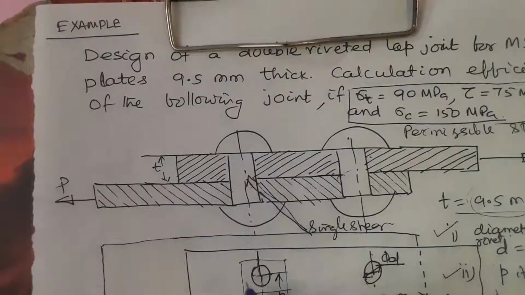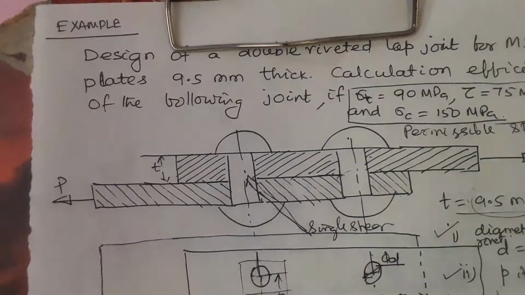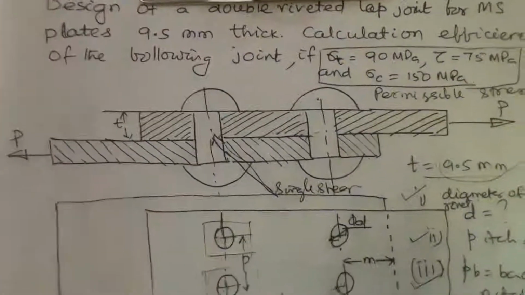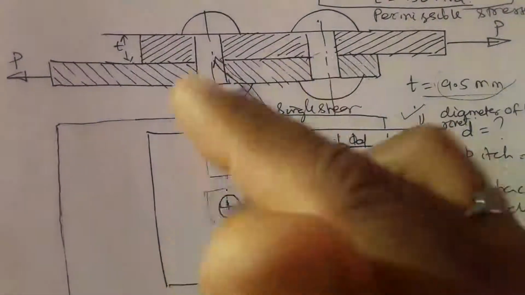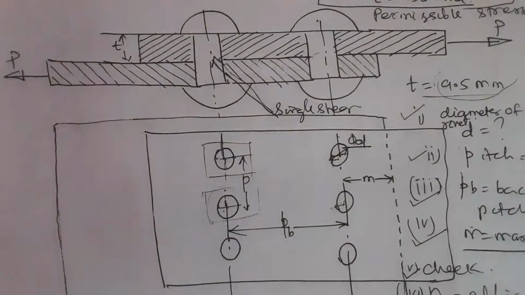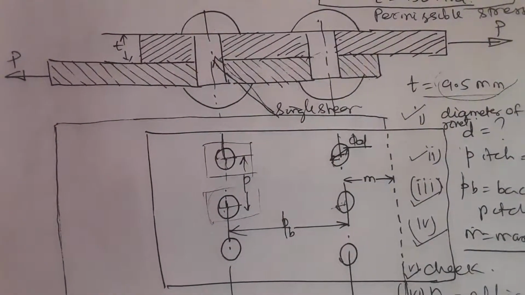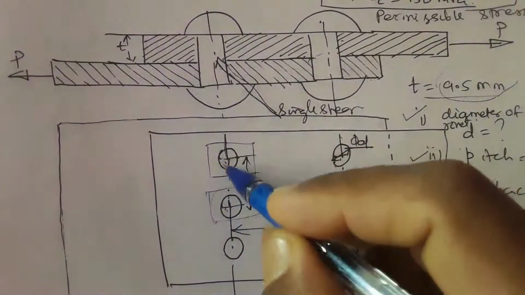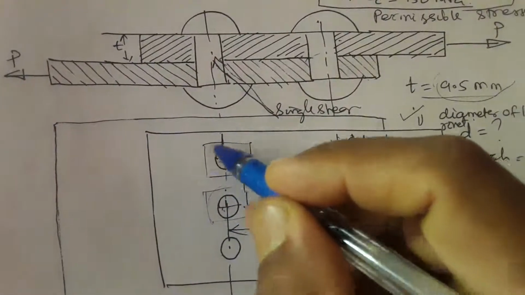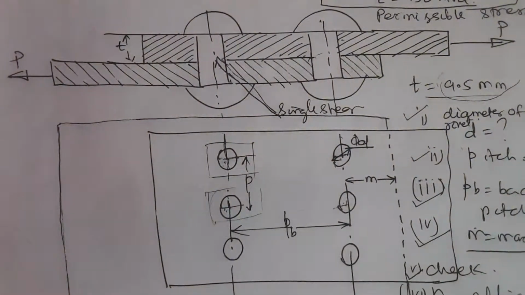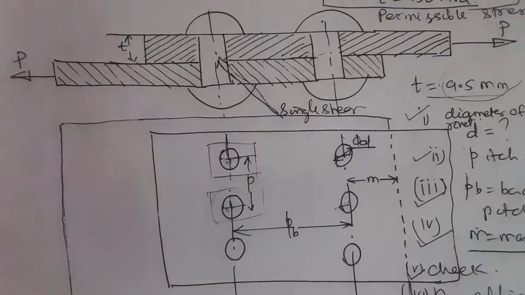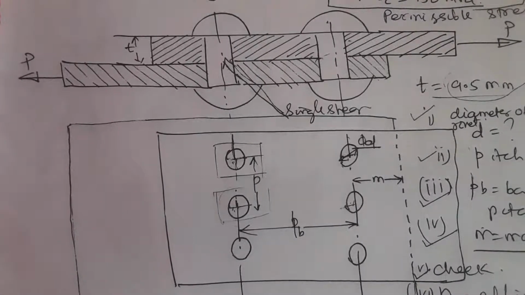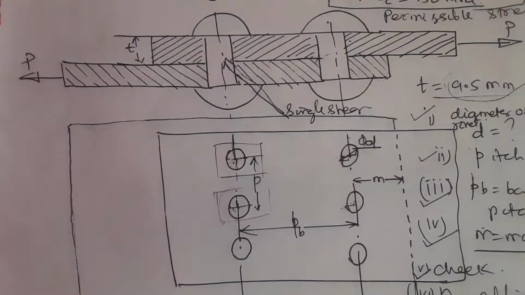We have to check whether this is good enough or not, because while riveting you have to keep a tool, so the rivet head should spread to some extent. While riveting, the tool holder, the back plate, everything should be such that the pitch does not obstruct the head forming operation. There should not be any problem. The rivets should not be very close, otherwise you can't place the tool while head forming. So in practice, if P is greater than 3D, 3 times the diameter of the rivet, the head forming is no problem.